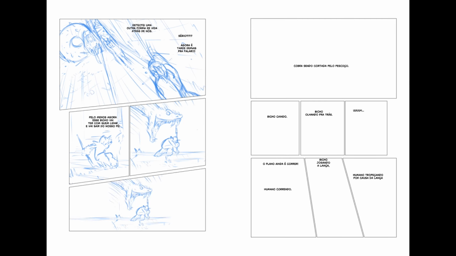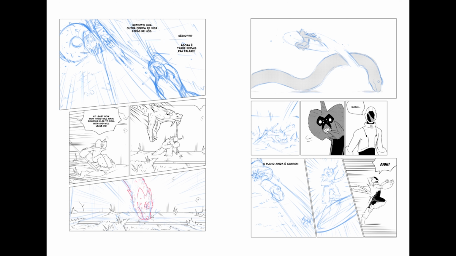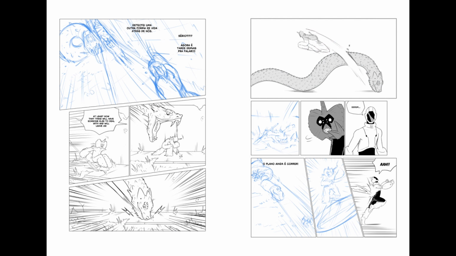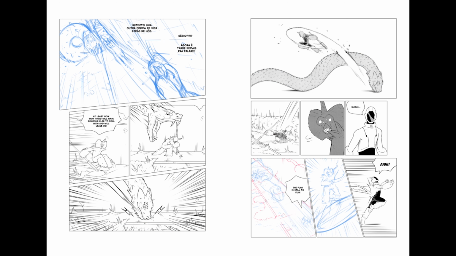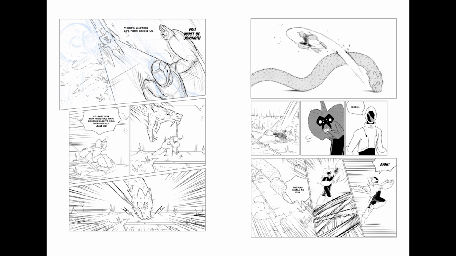I wrote the entire script directly on the page, imagining each piece of the text inside the frame where it would go. This way, I could write the scene descriptions and visualize everything in my mind without having to draw it first, while simultaneously planning the panel layout all at the same time. After finishing the script, I simply set up the panels with the sketches, and my manuscript is finished. For me, doing this alongside using the template saved hours of work. It might sound a bit challenging, but I definitely recommend trying this workflow as an experiment, even if you are already comfortable with either of the two other methods.